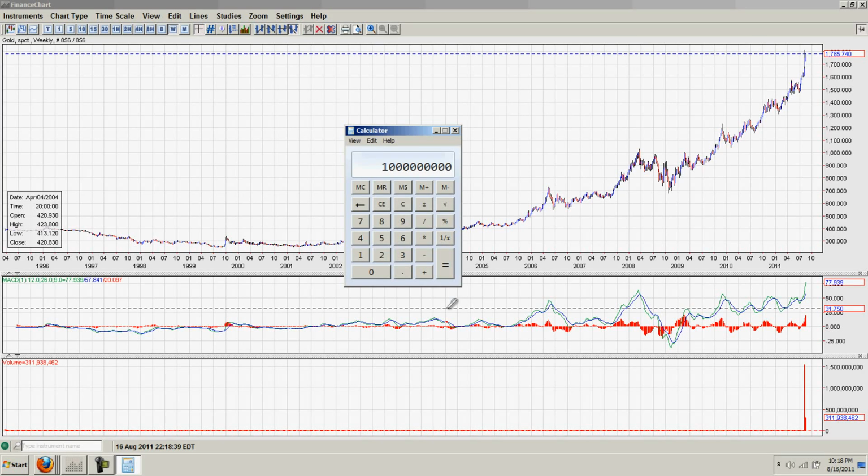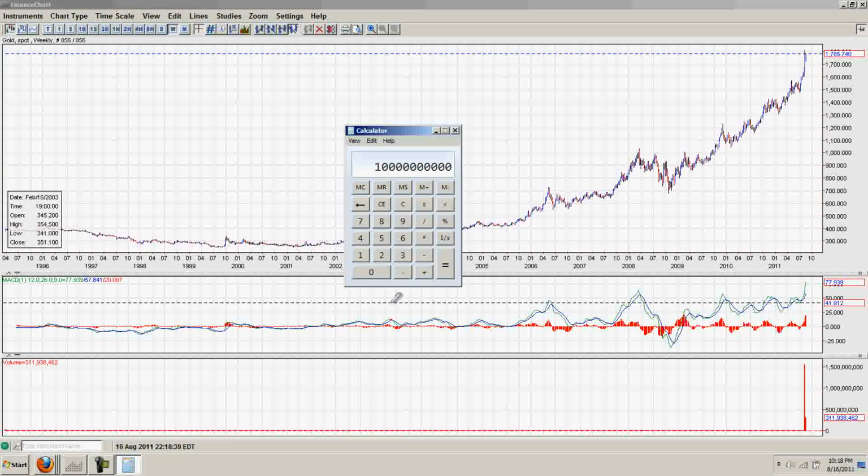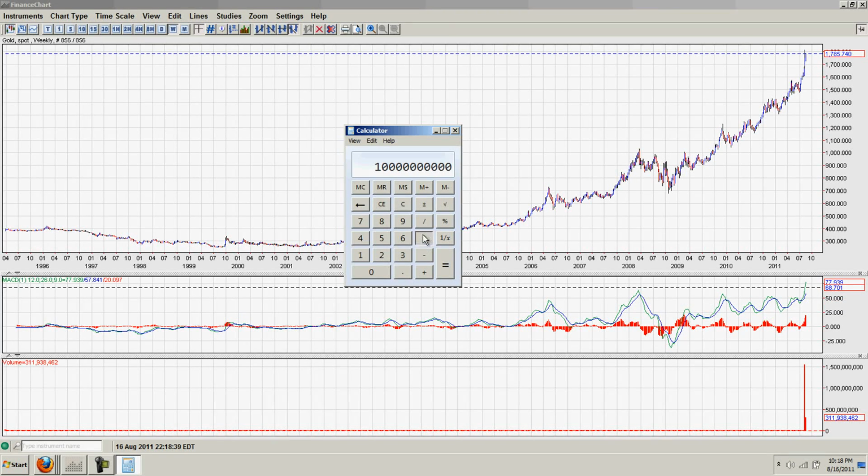Let's say they do that for 10 years. So we've got 10 billion ounces of silver times the current price, and we get $400 billion. So if the government confiscated all the silver that's mined in the world for the next 10 years, they would only get $400 billion, which is roughly a quarter of our current deficits. So you can see that the price of silver is so low relative to the paper money that's out there that confiscation is a ridiculous notion.